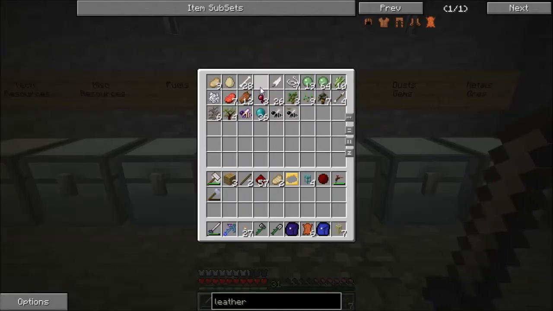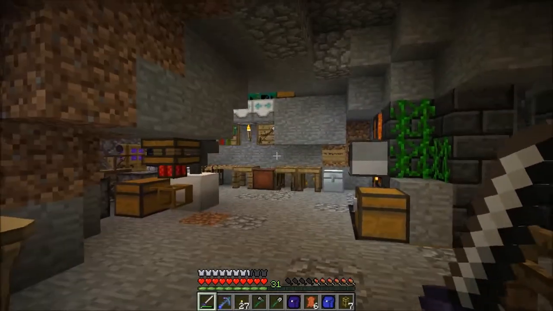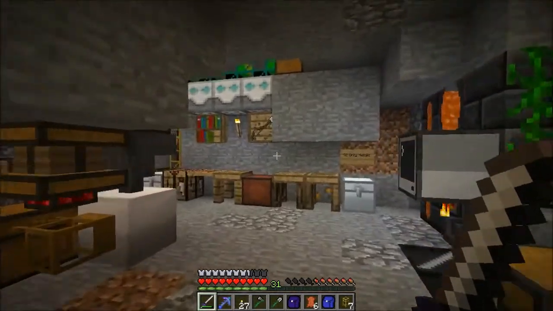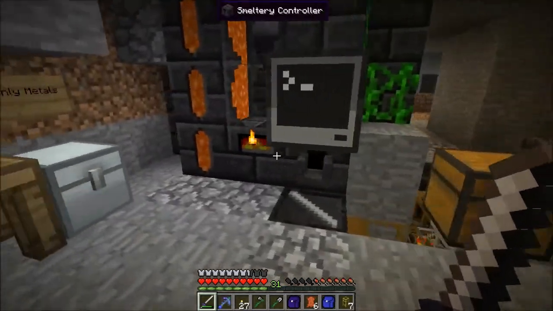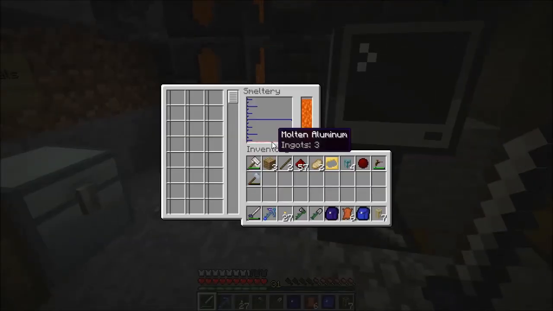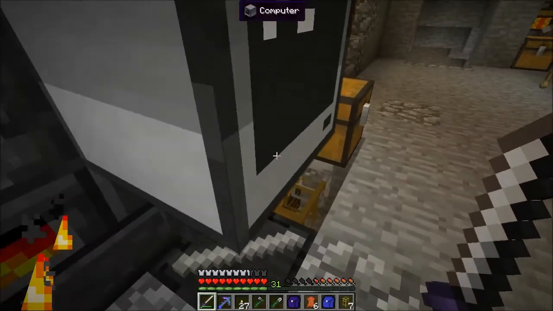Yoink. Yeah, I was checking to see if we had one of the mods that allows you to smelt rotten flesh into leather. We don't. I wish we did. Okay, so now we got some aluminum brass in here. What we're going to do is we're going to just...